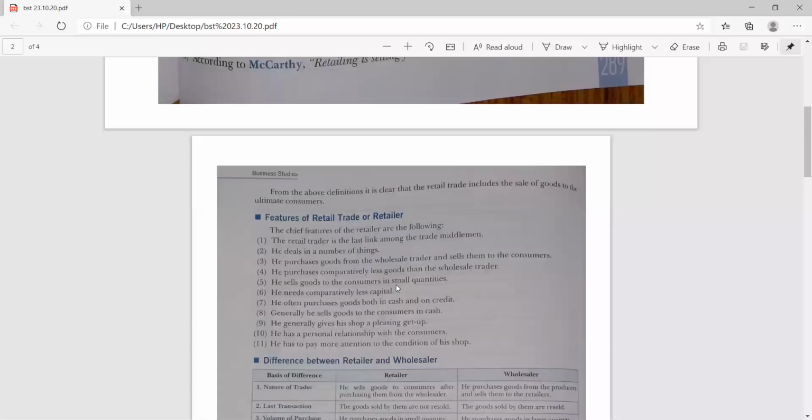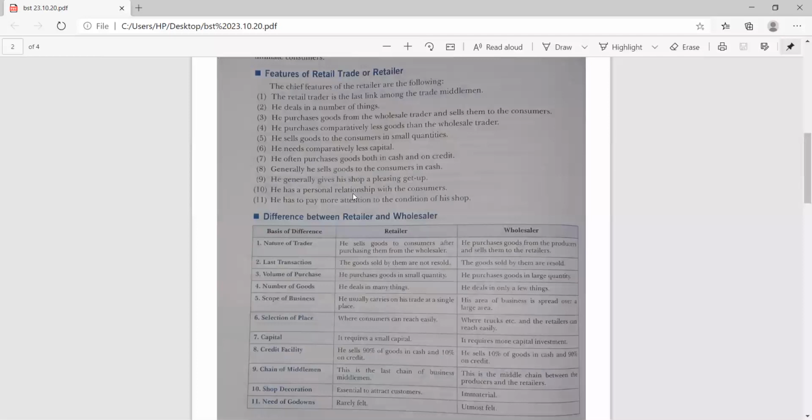Now, if we talk about the features of retail trade, see. The retail trader is the last link among the trade middlemen. This one is the first feature. No doubt, it's the last link. The retail trader deals with a number of things. You must have experienced this whenever you go to a retail shop, like the grocery shop near your area or a vegetable shop, you find a variety of goods there. If it is a grocery shop, you find toothpaste or